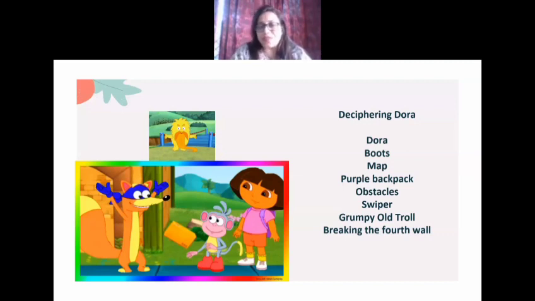And as she passes by, there is this very nice character, a grumpy old troll who's standing above near a bridge. Dora, the researcher, has to cross several bridges, and she even bridges the gaps sometimes with her research material. So when she's crossing these bridges, this grumpy troll will suddenly come up and give her a riddle. She has to solve that in order to cross over. But this riddle, she has to solve along with Boots. That alone will help them, then the troll is happy, and the grumpy old troll will allow them to cross